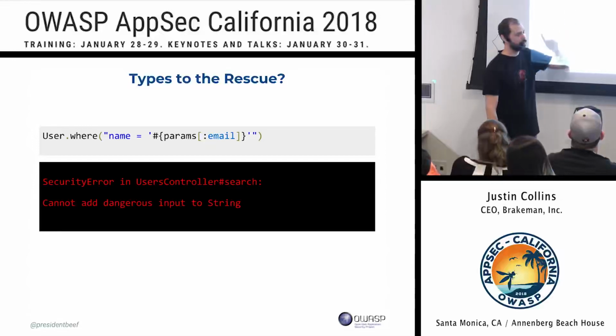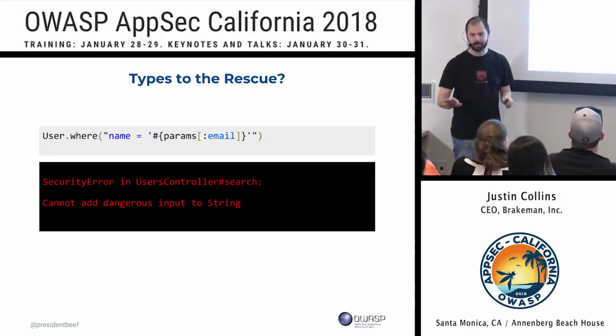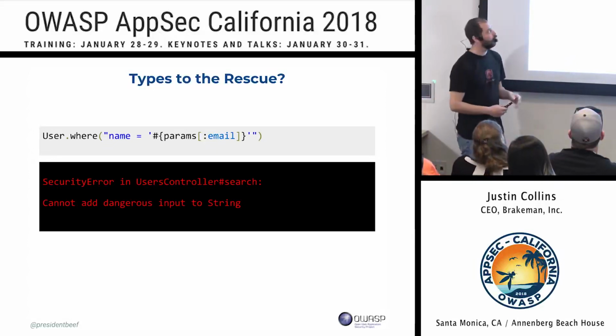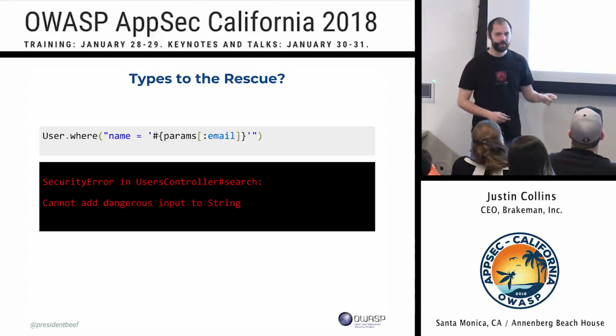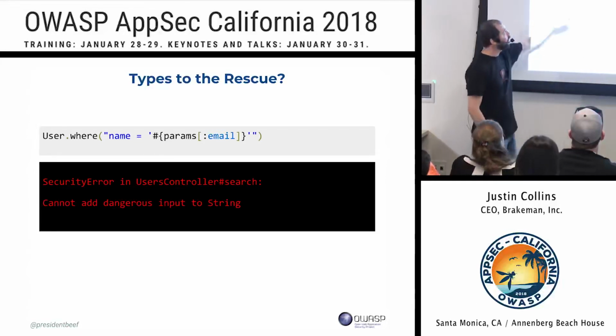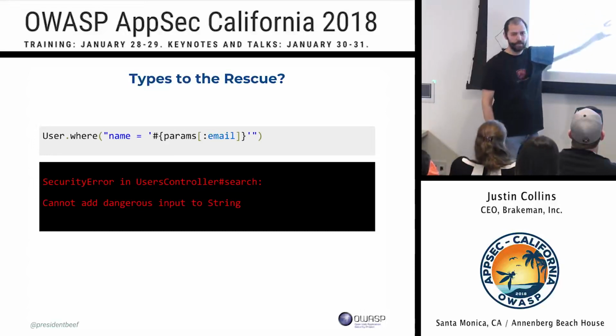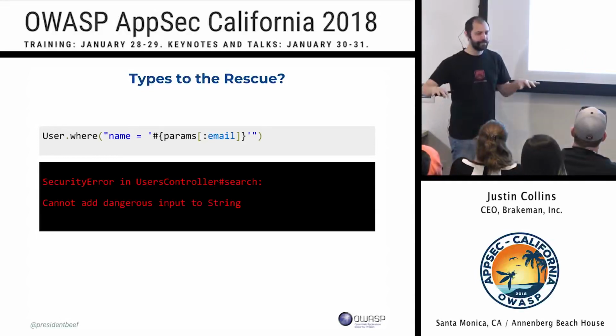If we have query parameters, and our framework knows that it's a query parameter, and we try to put a query parameter into a string, well, maybe our query parameter shouldn't be a string type. It should be a query parameter type, let's say. And if we try to even put it into a string, we should get an exception. So this is like, hey, if you try to build up strings using unsafe input, we're just not going to let you do that.